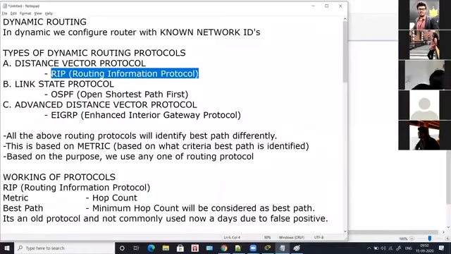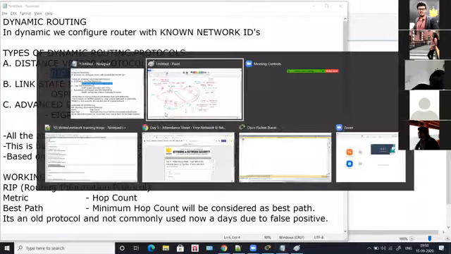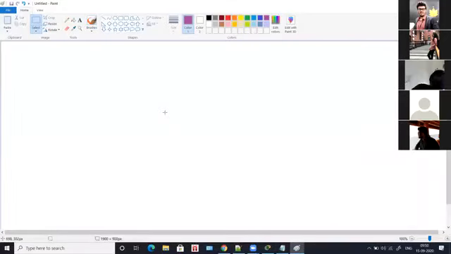Apart from that, OSPF and RIP, you can work on those yourself. So I'll tell you how EIGRP works. For EIGRP, you have to consider only one thing, called the autonomous number. The autonomous number is nothing but any number